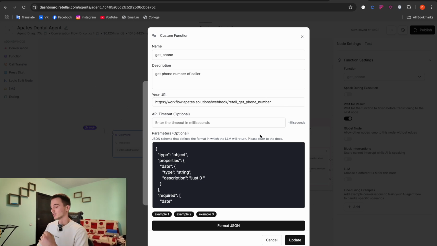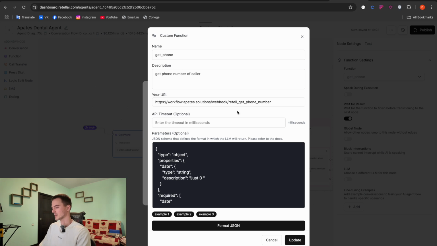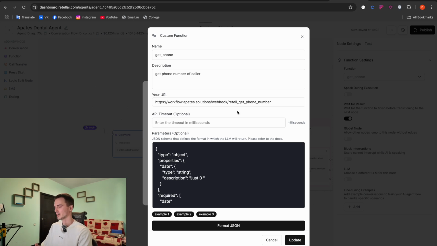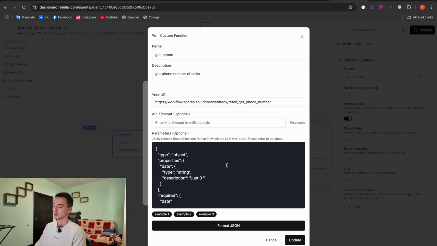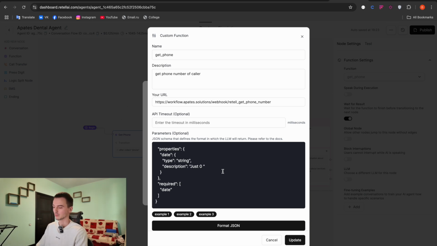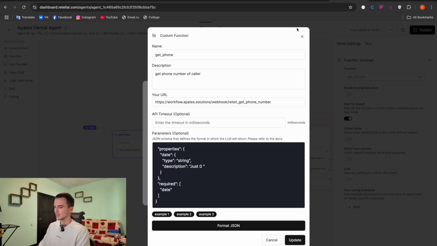Here's the thing. I have this custom function getPhone, which triggers an API call directly into my n8n workflow. And here are the parameters it sends: type object, properties, date, type string, description, and required date, right? So that's the way it goes into my workflow